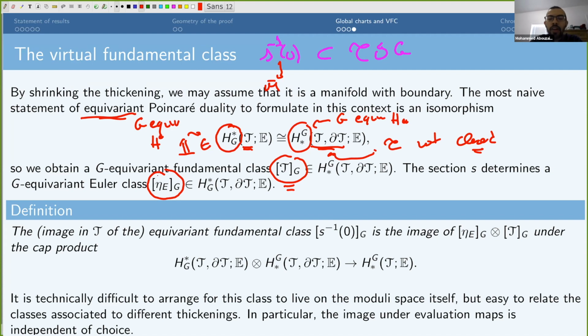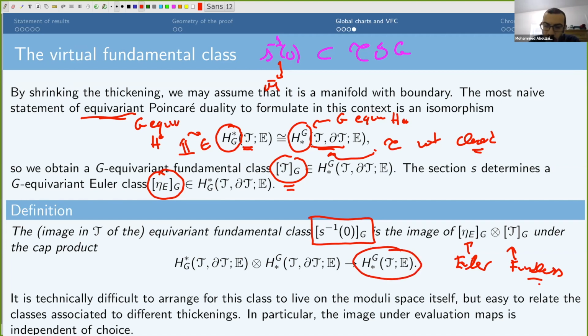This is the G-equivariant Euler class of the vector bundle, and then you can just multiply them using the cap product. So we can define the fundamental class of the zero locus to be the image of the Euler class and the fundamental class under the cap product,